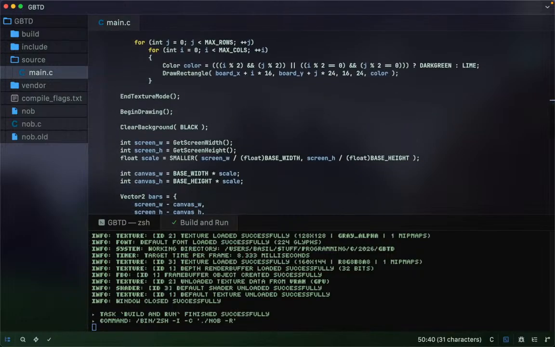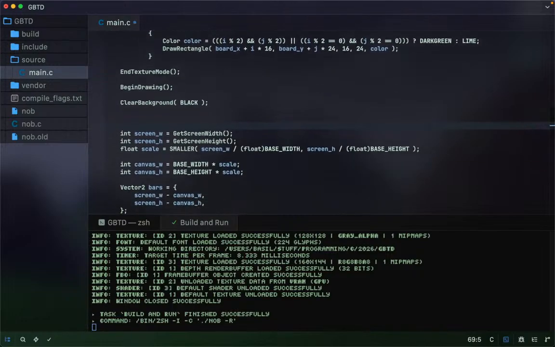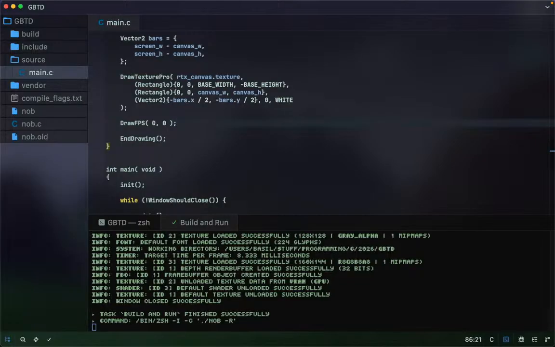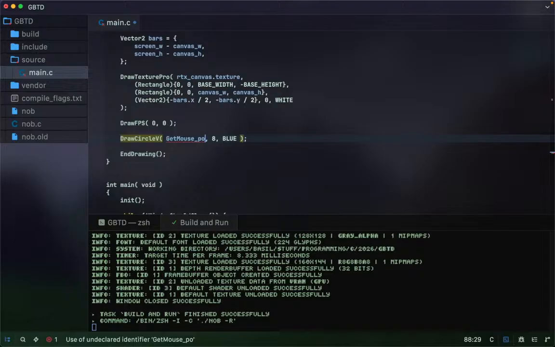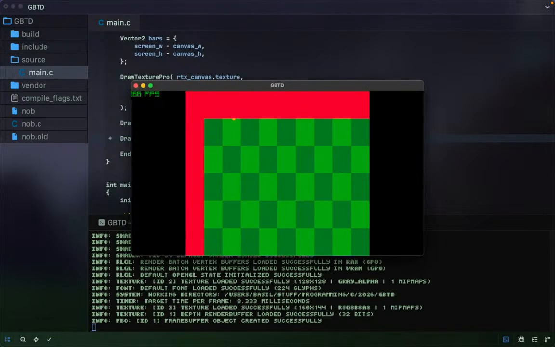And we'll draw another one just over the top of everything. Small lines. Okay, so